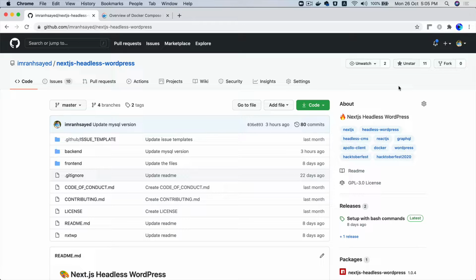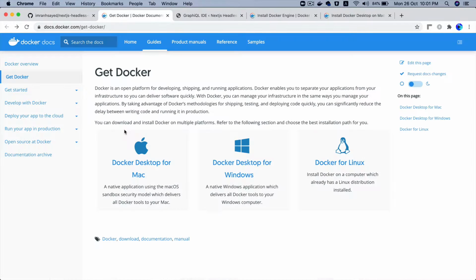However, if you want to use any other setup for WordPress, you can certainly do that. And if you would like to use Docker, then you can follow along from this video. So we're going to learn everything from scratch. Okay, so let's continue. So what we need to do first is install Docker Engine, and you can actually install